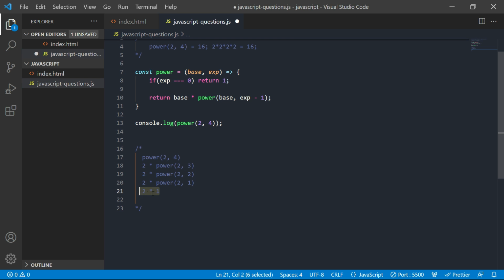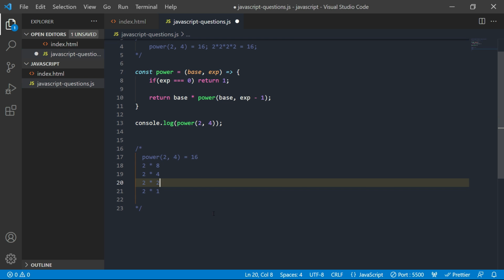Okay, and it is going to compute, and this result goes here, which is 2 again, and this result goes here. So this is 2 into 2 is 4, and this result returns to this, so 2 into 4 is 8, so that results over here 8, and this result is for this.